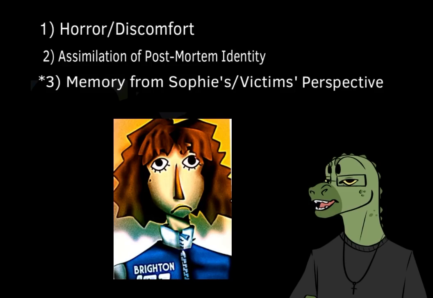Another thing is also a memory element from Sophie's perspective. There could be a reason why a lot of these faces are disfigured other than being gored. The entire time she's dealing with a memory problem, right? She can't remember exactly who these people are. So it's only natural that if you're trying to recall something, that memory is going to be a little bit